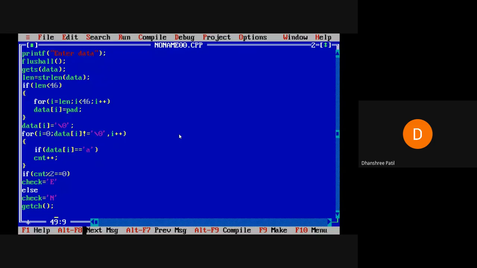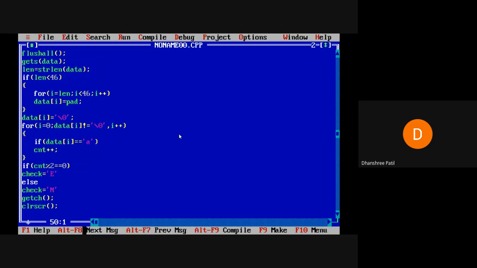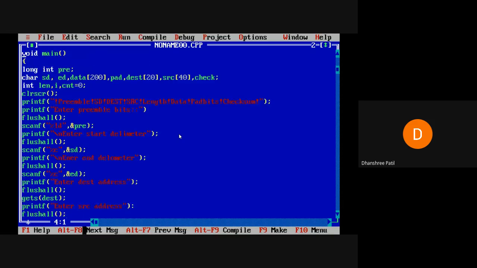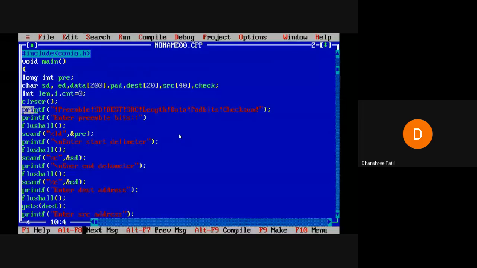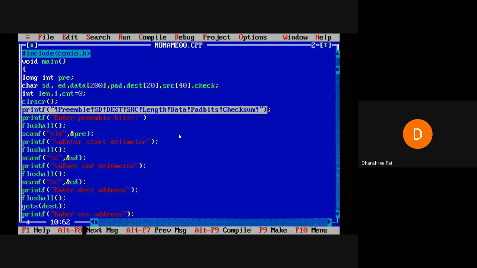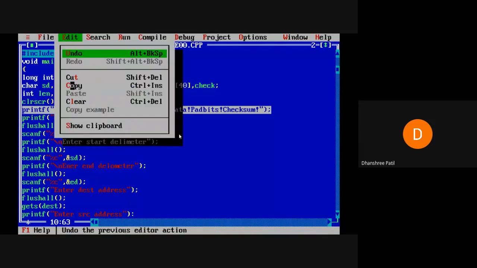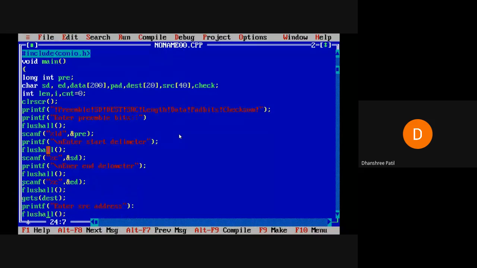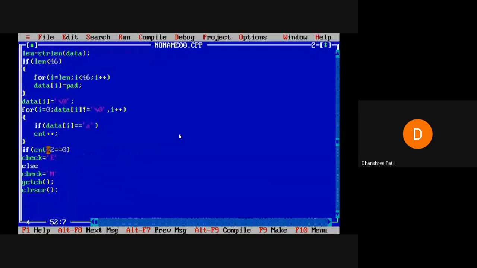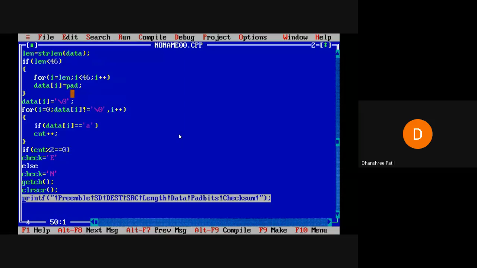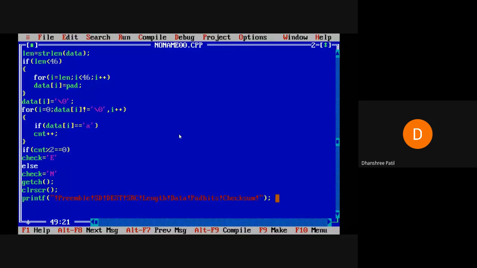So after getch, we'll just display the things whatever we have taken. First I'll use clrscr. Then we'll just copy this, and I'll take one printf statement.